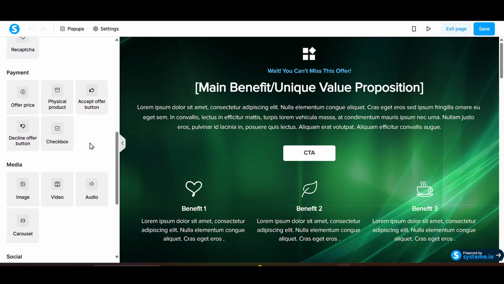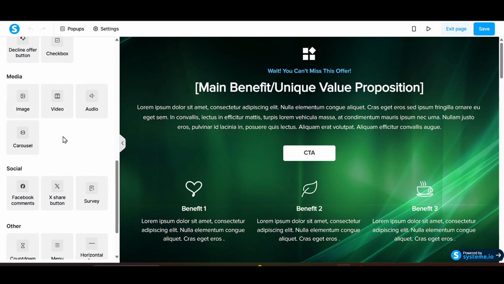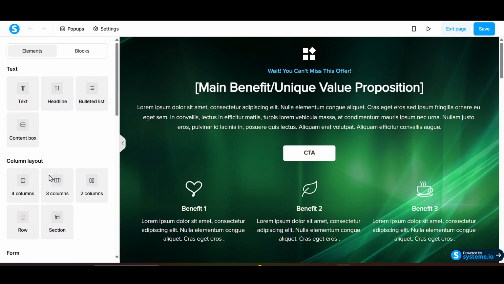In the payment section, you can add the offer price, you can add the physical product, the photos of the physical product, and then you can add the accept offer button, you can add the check boxes, you can add the decline offer button, and in the media, you can add images, videos, audios, and carousel. And here are some multiple things that you can add to this template, or whatever template that you have chosen,